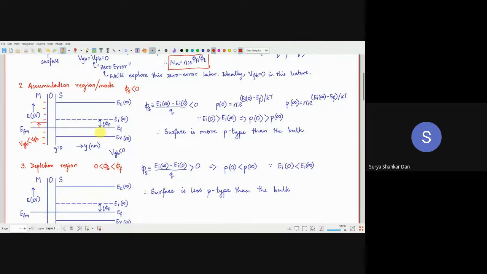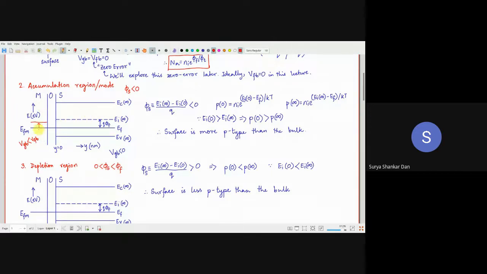Negative charges, meaning, remember this is a p-type semiconductor. That's the reason why EF is close to EV. Notice, highlight, EF is close to EV, not close to EC. Now this is a p-type substrate, so the holes will essentially move towards the surface. However, current is not possible because of the oxide, but the holes will accumulate on the surface like this. Holes will move from the bulk to over here. So this is one way of looking at it, but we will understand it much more in depth.